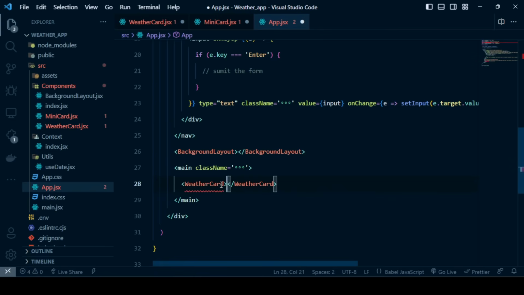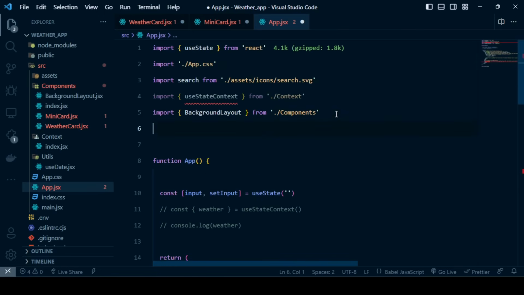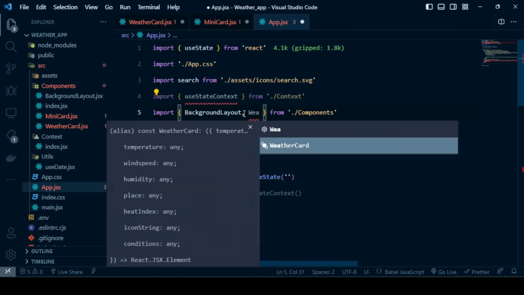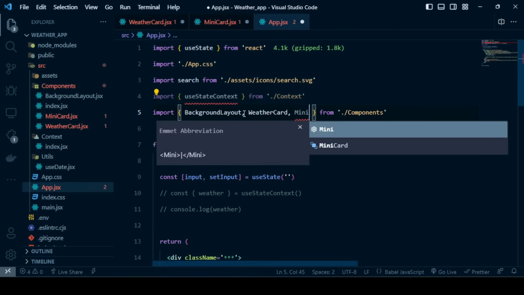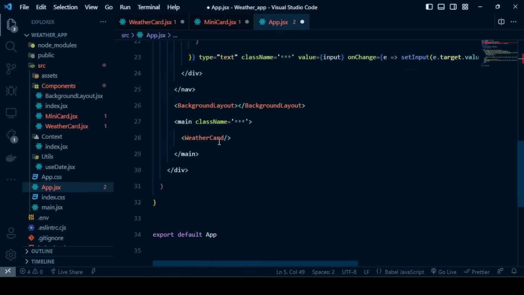Weather card here. Yes, let's make it short. Okay, so it is not imported yet. So for that, I will be importing, from here, WeatherCard, and just like that, MiniCard. Okay, so everything is imported, and inside of this WeatherCard, we're gonna give props to it, or we're gonna